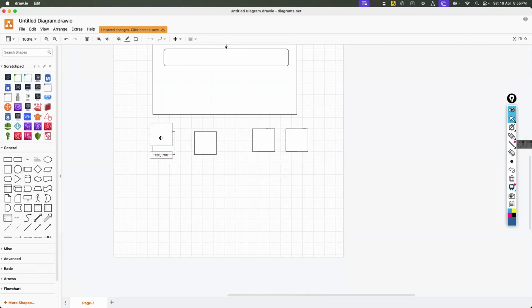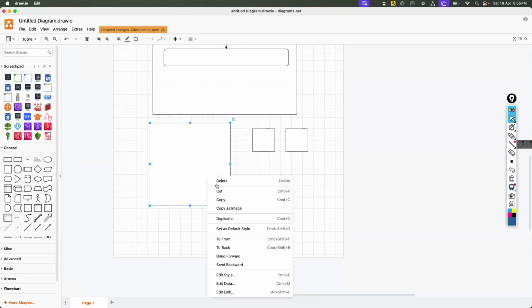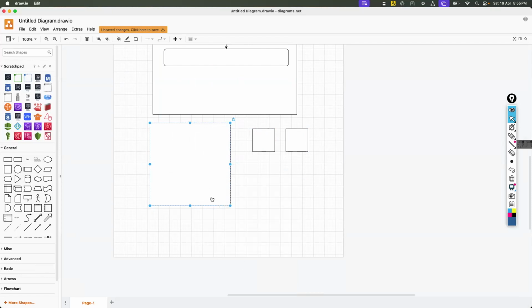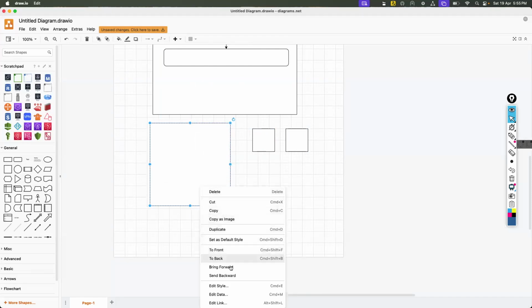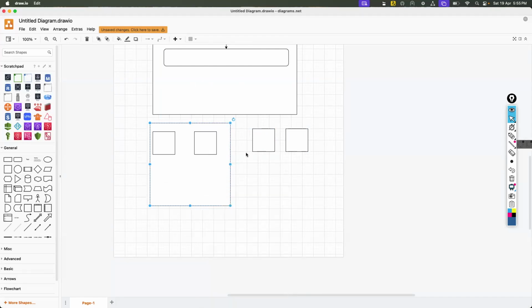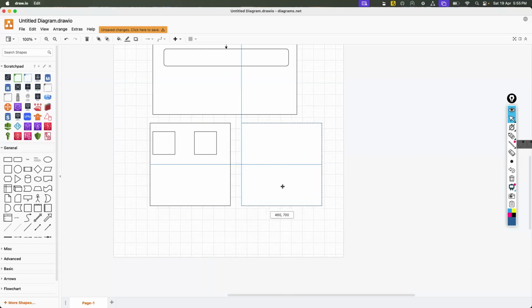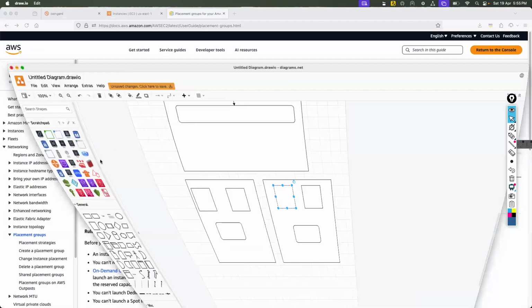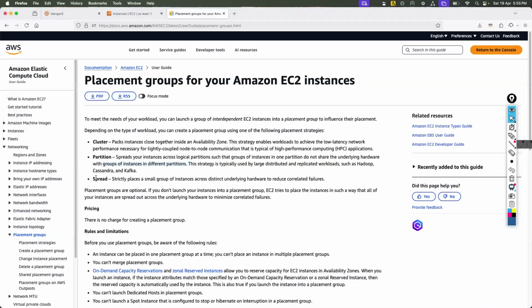I can create a logical group for these two nodes, and another logical group for these two, and inside each they can share the same kind of network and storage. That's another type of placement group, which is called partition.